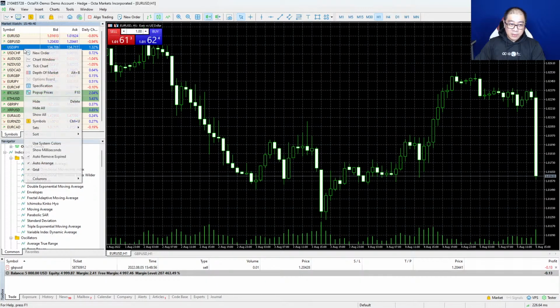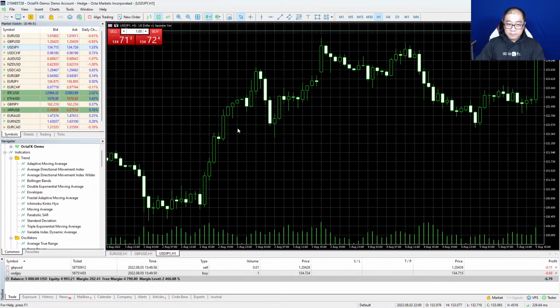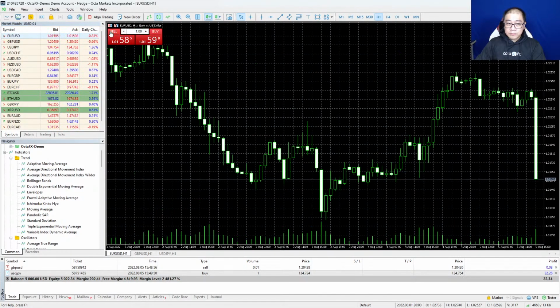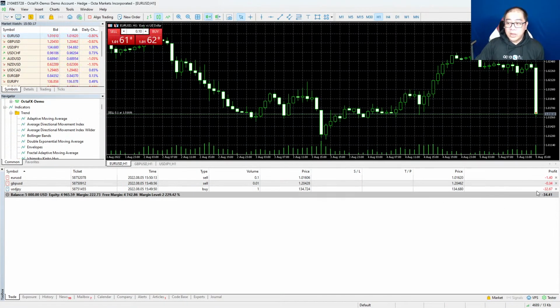And in the future, for example, if I want to trade the dollar yen, all you need to do is just click it once, and the position gets opened. Okay, the Euro USD, again, if you want to change the lot size, let's say you want to trade a mini lot, it'll be 0.1, right? This is a mini lot. You can just click on sell, and those are the running positions, and that's how quick we can execute a